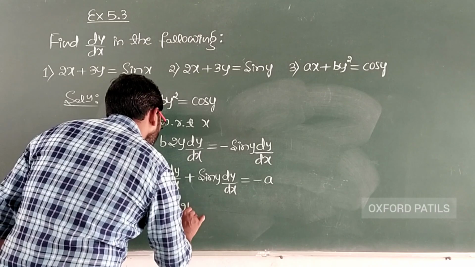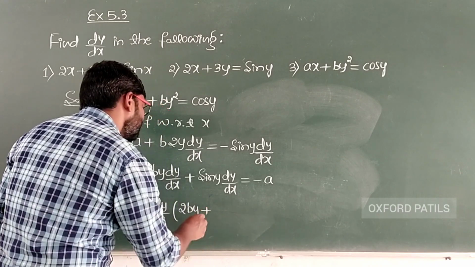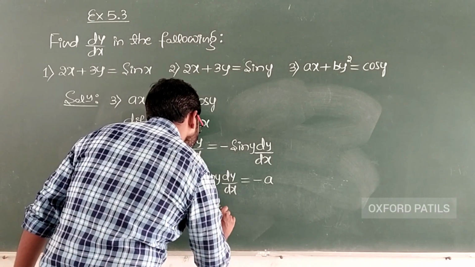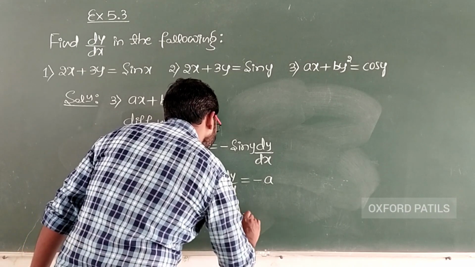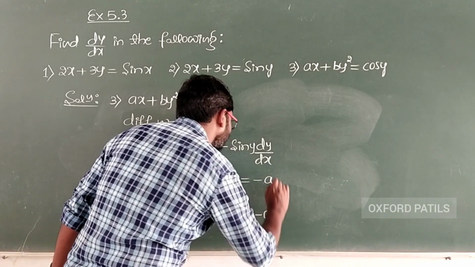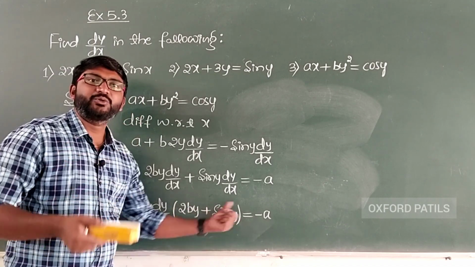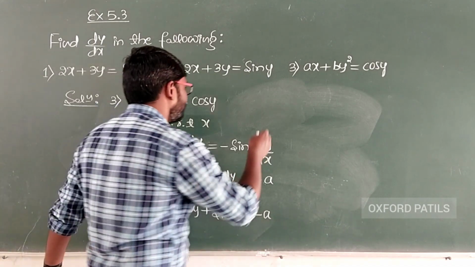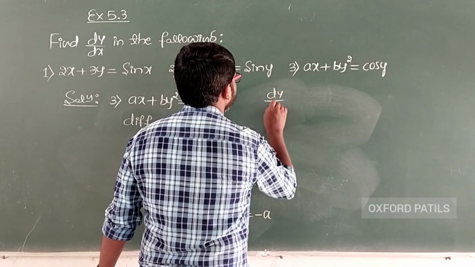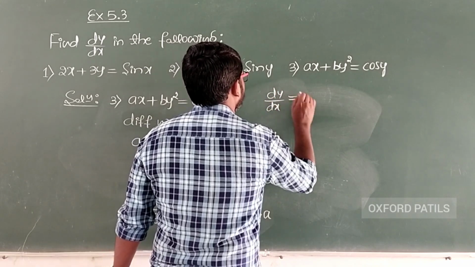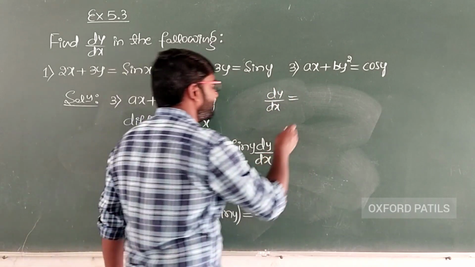What do we have? 2by plus sin y equals minus a. Now in the next step we will be taking this to the right hand side. It goes to the denominator. The final answer will be dy by dx equals minus a divided by